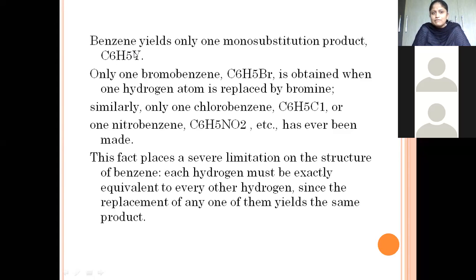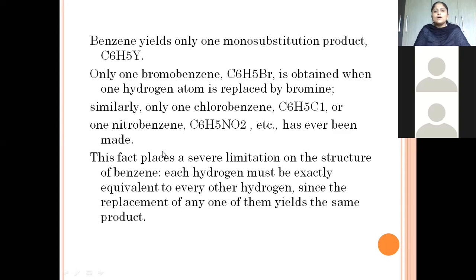C6H5Y. This Y will be a substituted product. Only one bromobenzene. See? Here the Y may be bromine. So only one bromobenzene is obtained when one hydrogen atom is replaced by bromine. Similarly, only one chlorobenzene, that is one chlorine atom substituted instead of a hydrogen atom in the structure of benzene,